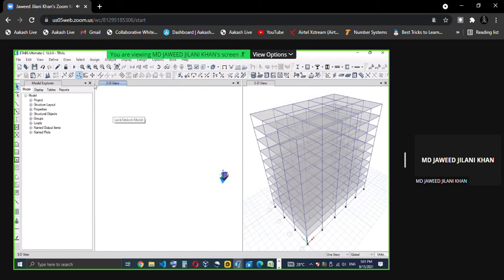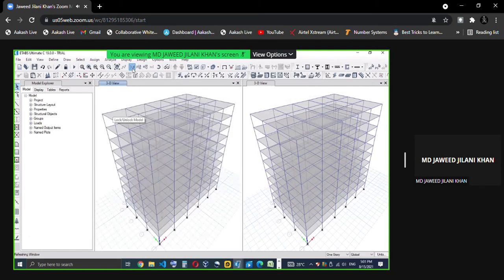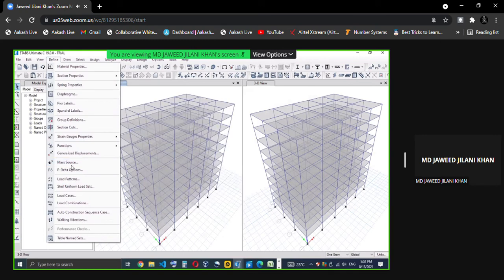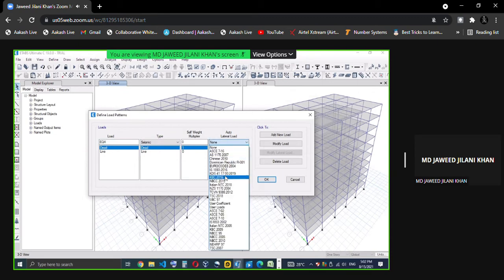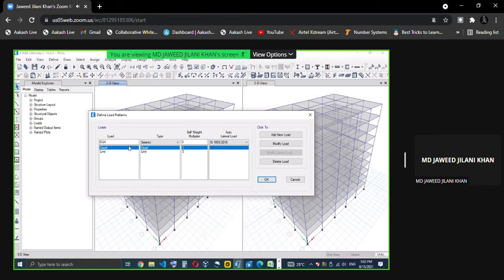This file was unlocked, so I'll go to define load patterns, EQX. I have to select the type of the load as seismic. Here I need to select the code I want to apply. IS 1893-2016. So I created a name and say add new load.